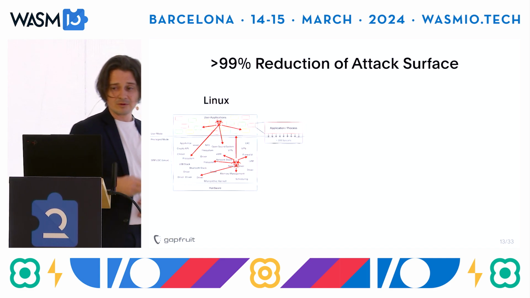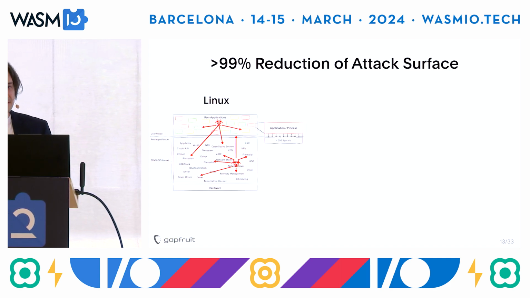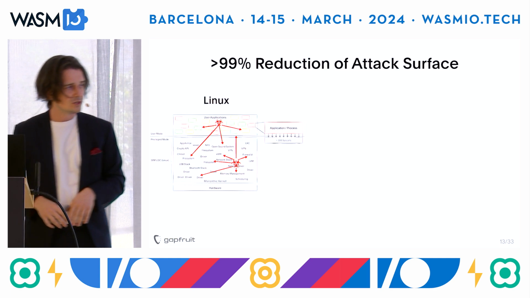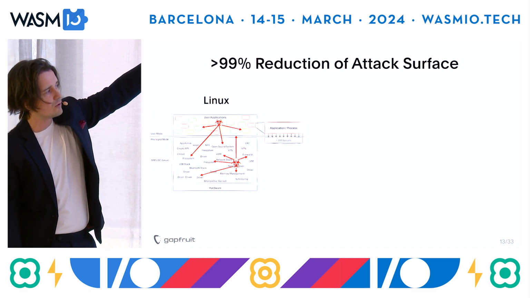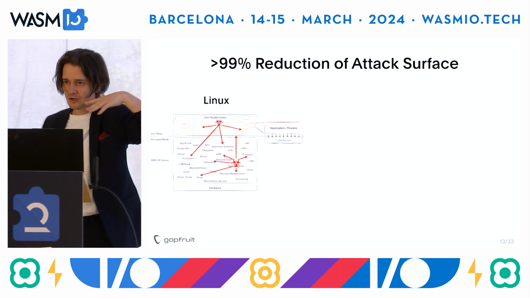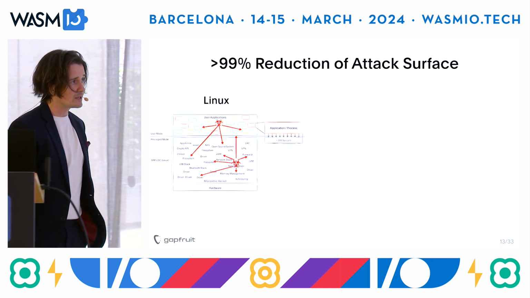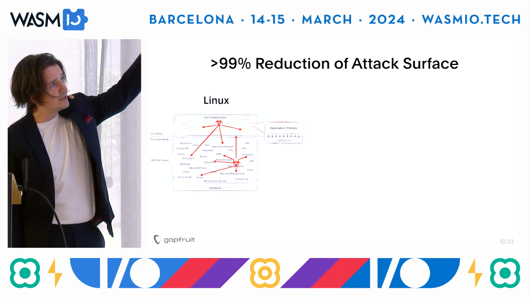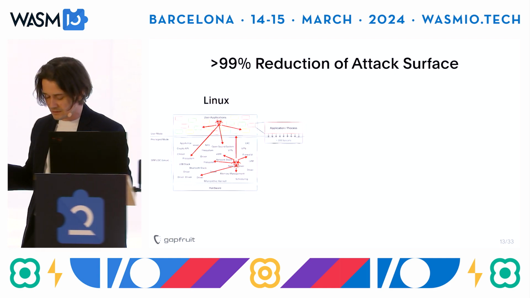Let's come back to my claim of reducing the attack surface by over 99%. The design that typical operating systems have is way over half a century old. And it's simple. We have hardware, we abstract the hardware with a kernel, and then from the application layer, we use this abstraction with system calls. So from a software perspective, the kernel is the most critical part of the system. From the application's perspective, the attack surface to the kernel is huge, with over 300 system calls.